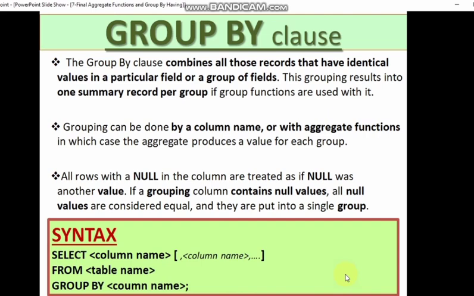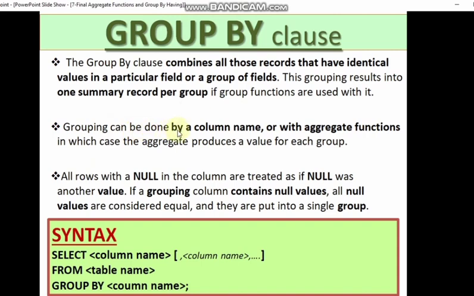Now the group by clause combines all those records that have identical values in a particular field or a group of fields. This grouping results in one summary record per group. Per group you are getting one single summary record. The group functions are used with it. You have a connection between these group functions, whatever we have learned just now, and this group by clause.